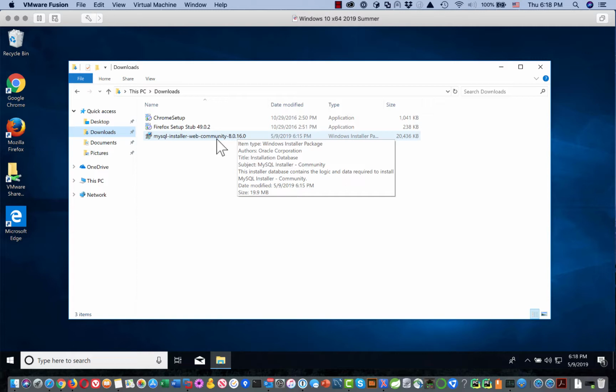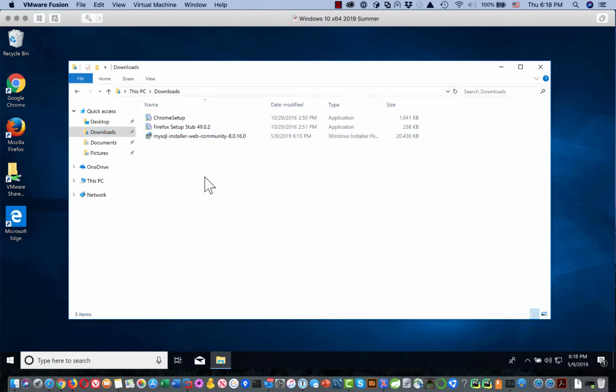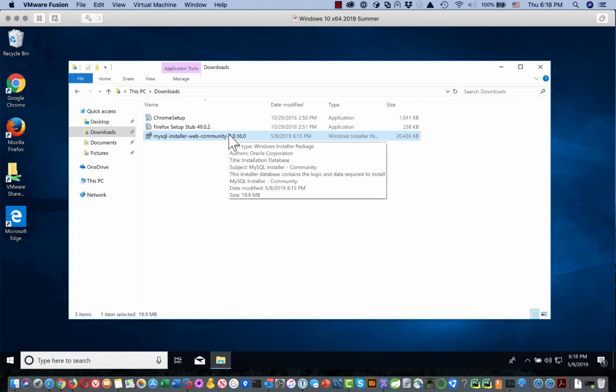So it turns out that my experience is that just running the installer by double clicking it in the File Explorer runs it just fine. Okay, so you don't have to worry about, at least I didn't have to worry about running it in a special administrator mode. So I'm just going to double click